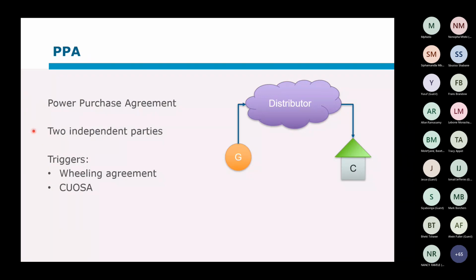A PPA is between two independent parties. So in this case, let's say you had a customer that used to get electricity from you as the distributor. They now decide they want to buy from another generator. They think it might be cheaper, or they are just greenies and they want to buy renewable energy. So in this case, the contract is between these two parties in terms of the power purchase agreement, but that is definitely going to trigger at least a wheeling agreement